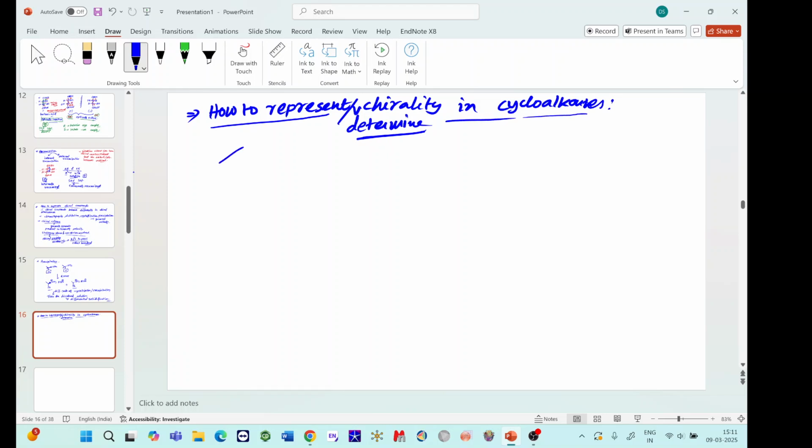Let's say we have this one. This is cyclopentane. You have methyl and OH group. Okay, how can you represent it? So these are both on the top of the plane, right? This is the cyclopentane structure, top of the plane,